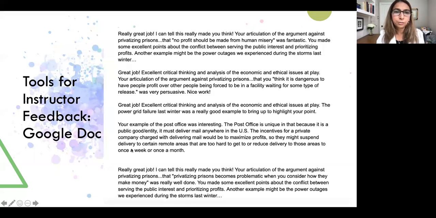This fourth example here comes up not very often. If somebody were to bring up the post office in a future discussion or video, I would remember, oh yeah, I did write a comment about the post office and how it fits into this discussion once before. Maybe I can just go look at that and see if it applies in this case. So those are some uses. Google Doc is a simple way, without getting bogged down in a new system or learning anything,